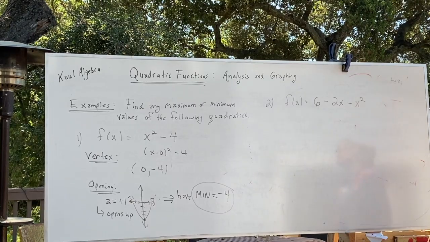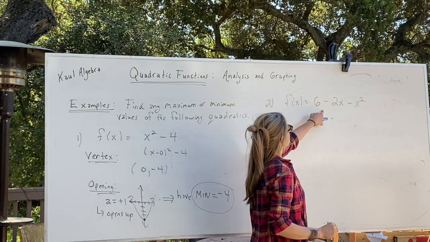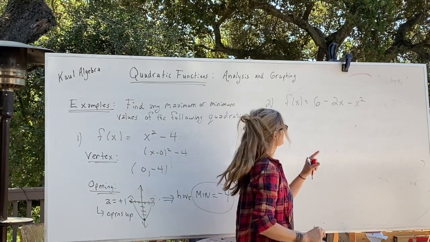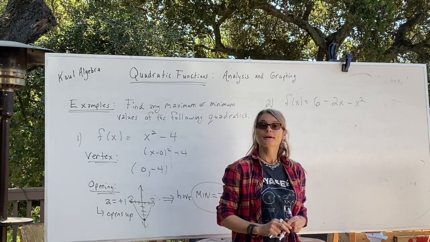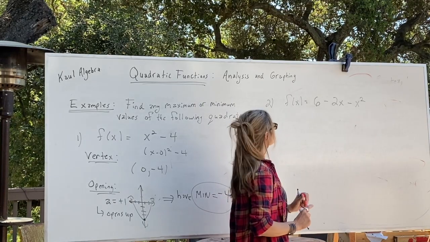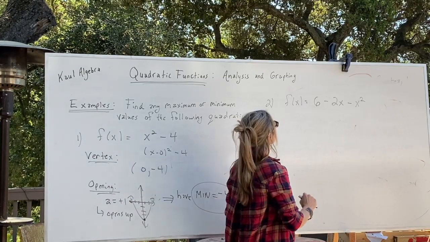Okay, here I have another quadratic function, but this one I can see is not in standard form, and it's not in vertex form. Probably the easiest thing here to find the minimum or maximum value is to first find the vertex through your